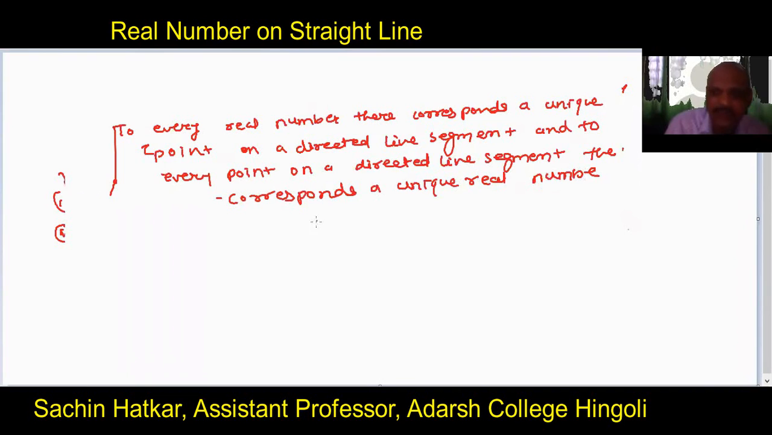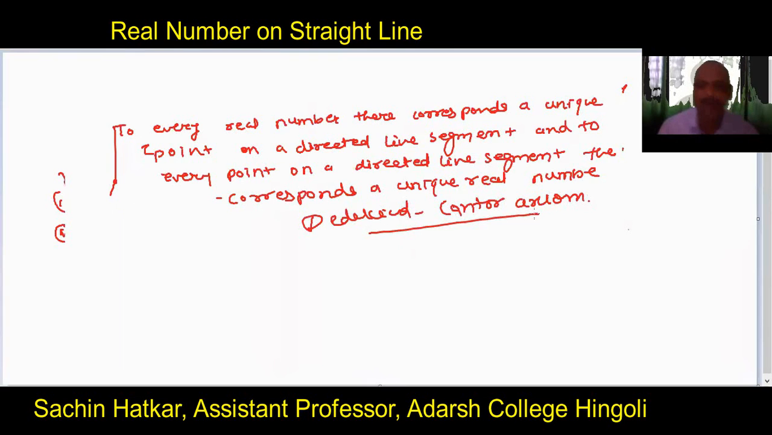This is the Dedekind and Cantor axiom. We have discussed this axiom. To every real number there corresponds a unique point on a directed line segment, and to every point on a directed line segment there corresponds a unique real number. So I hope you get the